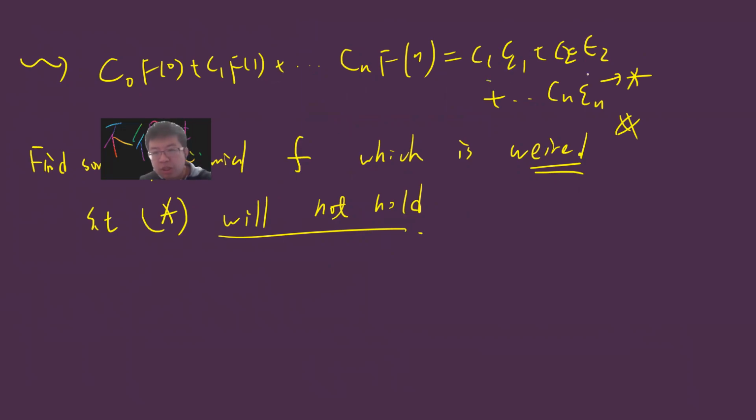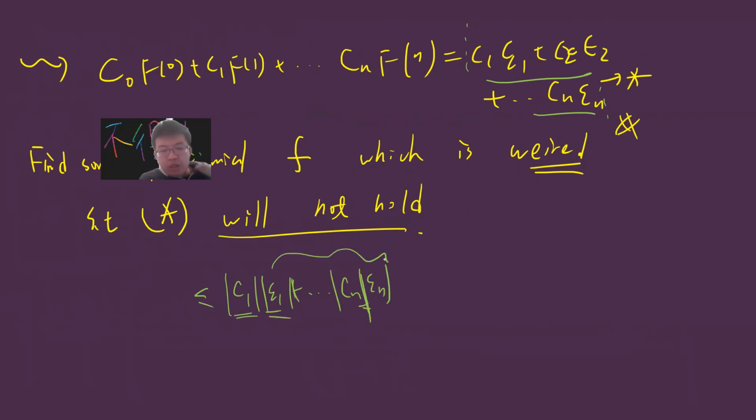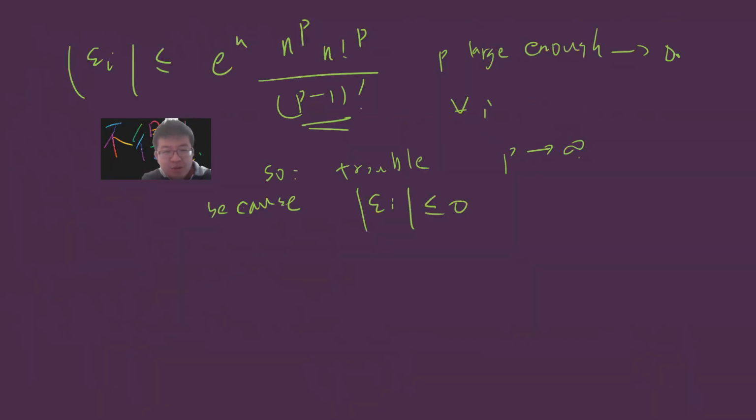So if I bound this guy, it is bounded by C1 epsilon 1 up to Cn epsilon 1, and then every epsilon can be made arbitrarily small by choosing large enough p. So this guy is bounded by 0, and this guy is an integer. So we proved that C1 F0, C2 F